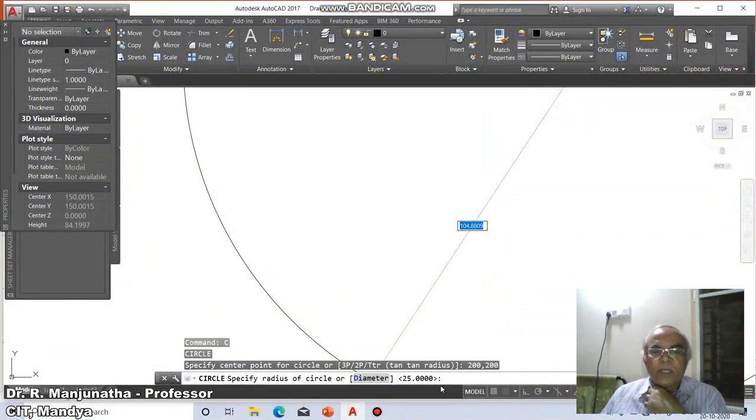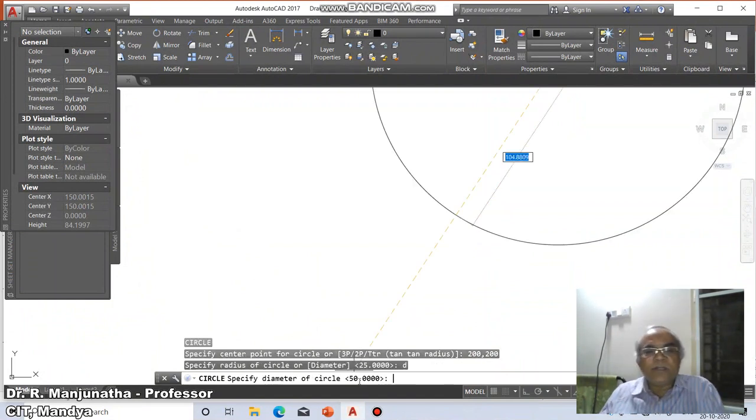You can observe D is in blue color, a capital letter, and all other letters are small letters. So type the capital letter of the option. The option is D, so type D and then enter.